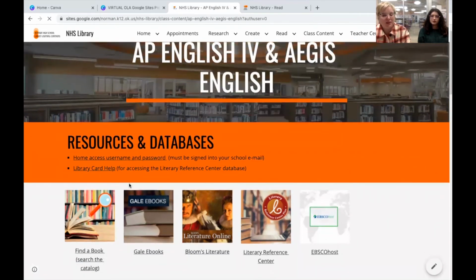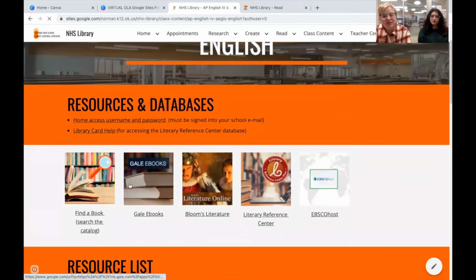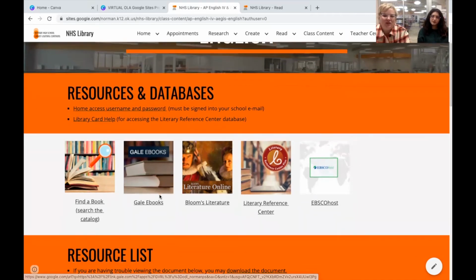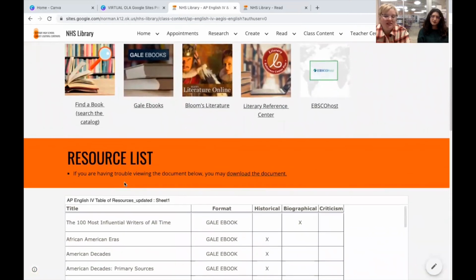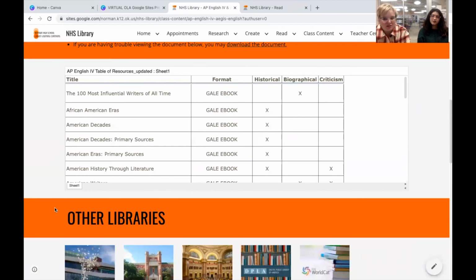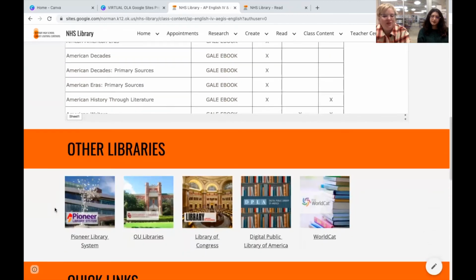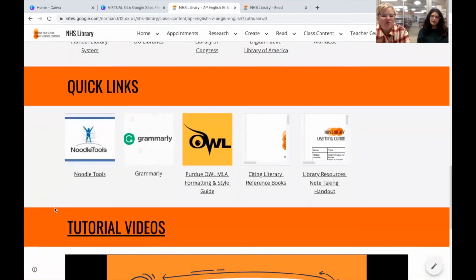So for example, our AP English 4 students are currently working on a literary criticism research paper. And so we have literary criticism sources listed here. We don't have all of our databases because not all of those databases are going to be helpful. And so it's very curated here. And then we have other information that is helpful for that particular unit. Sometimes teachers will link their handouts from here. We have links to other libraries, just whatever we think is going to be the most helpful for that particular